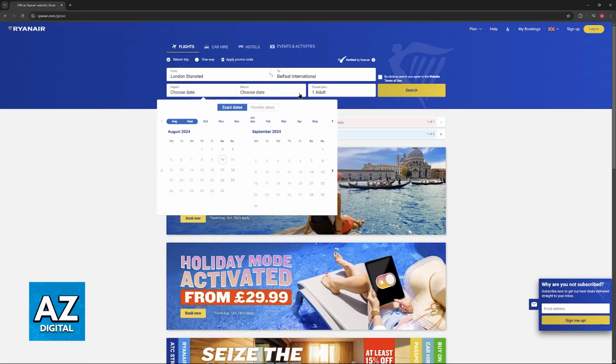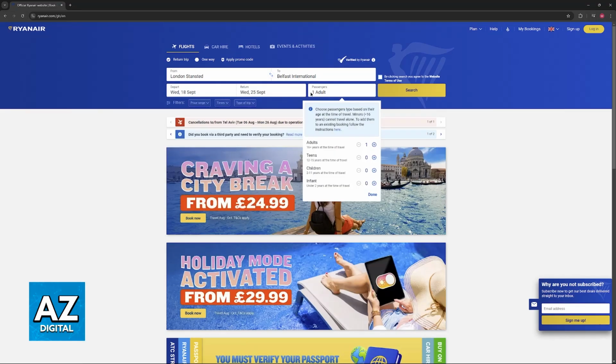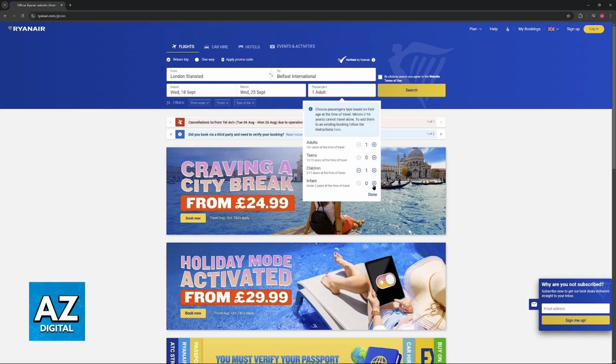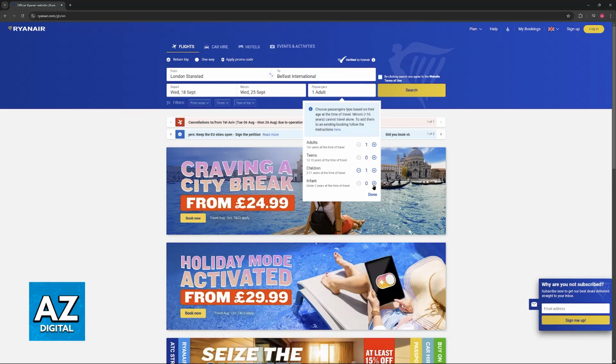Once you have picked the airport successfully, choose the dates, it doesn't matter which, and finally, under the passengers, this is where you will be able to actually add a child to your Ryanair flight. So as you can see, they have four options: adults, teens, children, and infants. So choose accordingly. Make sure that you don't forget because like I mentioned, if you have already booked your flight tickets, you will not be able to simply manage it later and then add them. You will have to start this process over and then link the child from here.